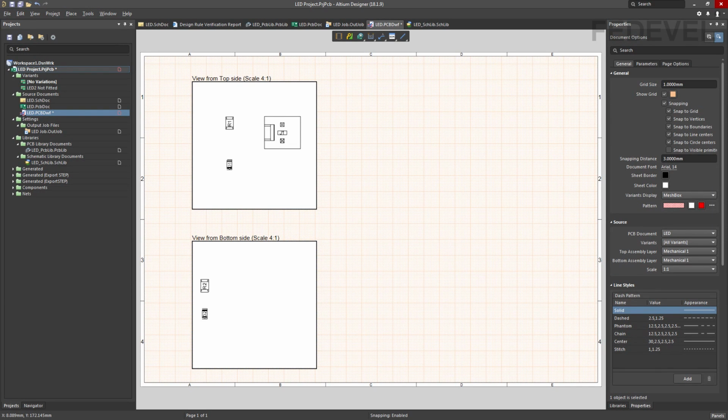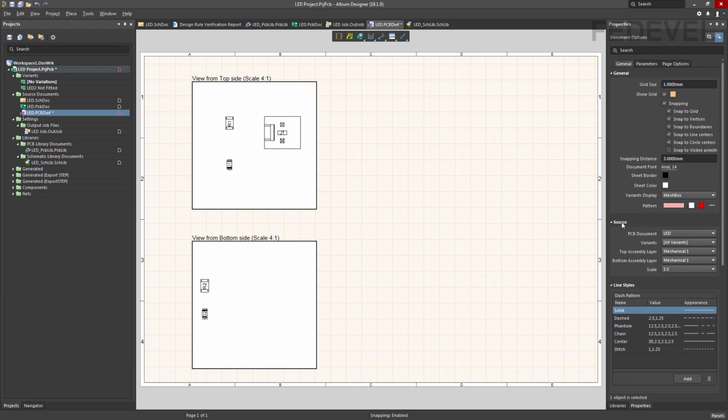Maybe you noticed these views are not created based on our assembly drawing layer. They are currently created based on information from 3D models. Because we would like to use our own assembly drawing layer, we are going to set it. Just left click on this document to see the properties panel for the whole document.